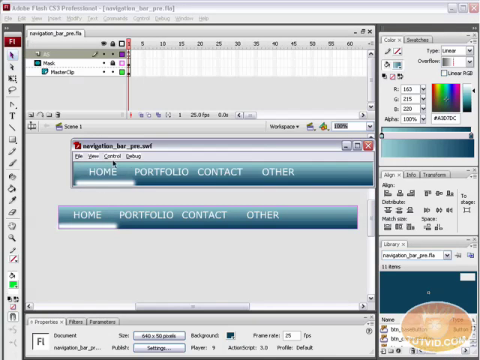When I go back to Flash, I can still move this around. The reason that we're not going to cover how to stop this light once you've clicked something is, number one, it's going to take a little bit more time, not too much more, but a little bit more time. And number two,